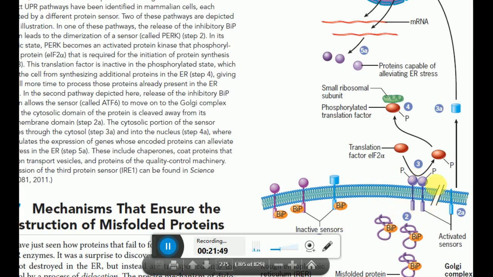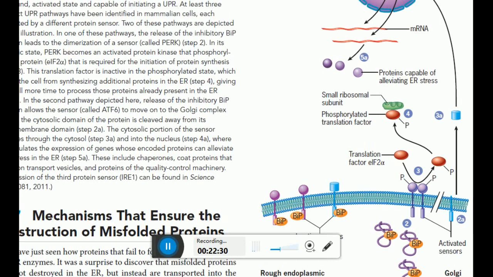these PERK receptors dimerize. Once they dimerize, they create a phosphate shuttle. Now there is one kind of protein that comes and settles at these dimerized receptors. Once this eIF2 alpha protein comes and settles at this position, it creates a phosphate shuttle and phosphorylates this protein. Now once this protein is phosphorylated, if you can see here,